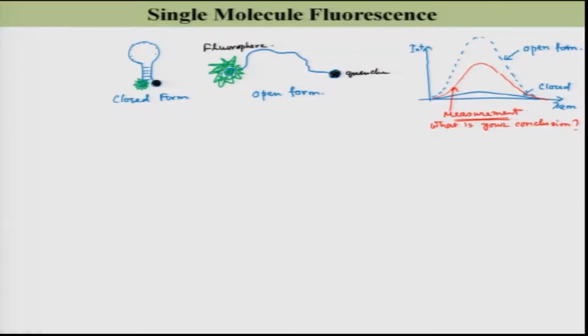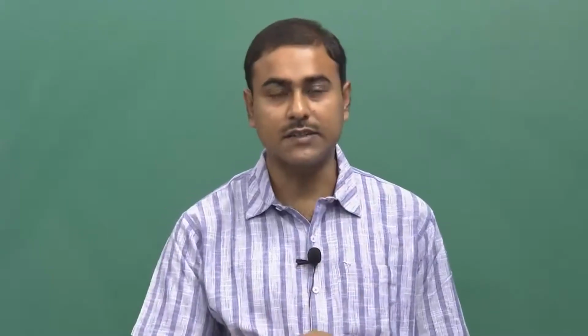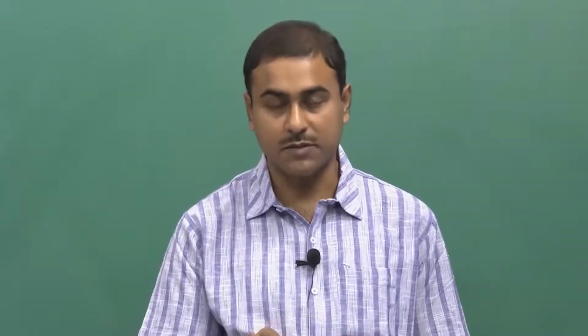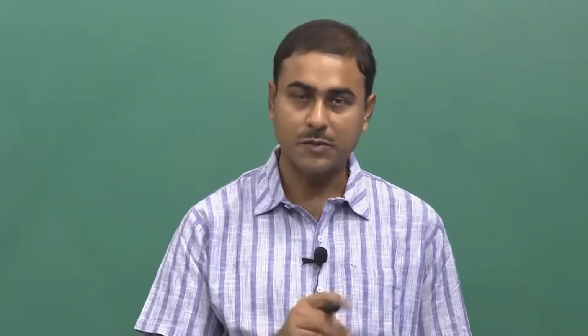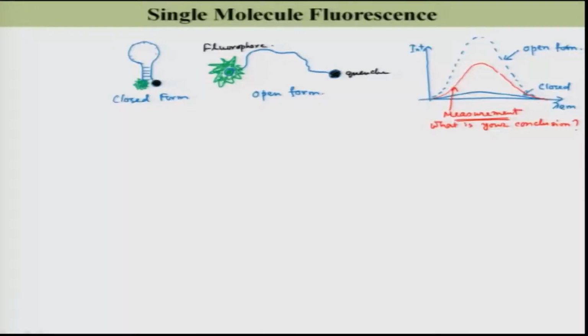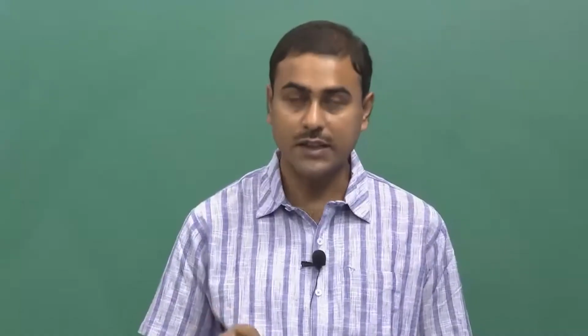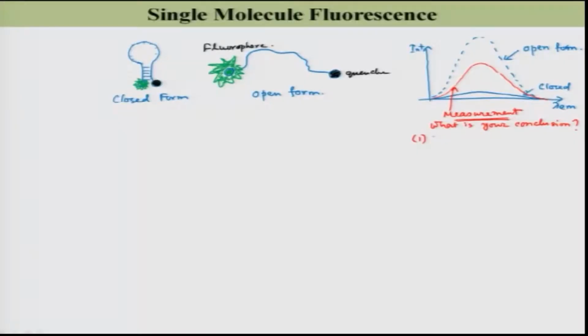Number one, you can conclude that 50% of this particular molecule is present in the closed form and 50% is present in the open form, and as a result 50% will show the low intensity, 50% will show the high intensity, and altogether it is showing the moderately intense fluorescence. So option 1 is 50%